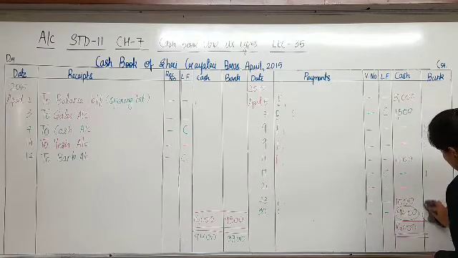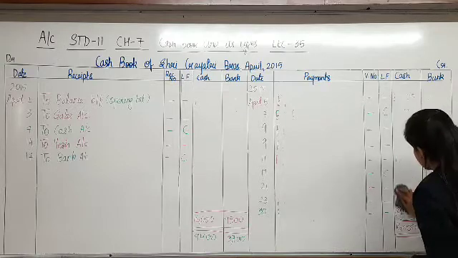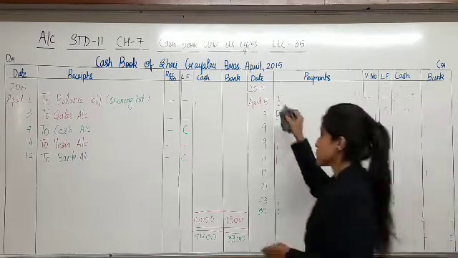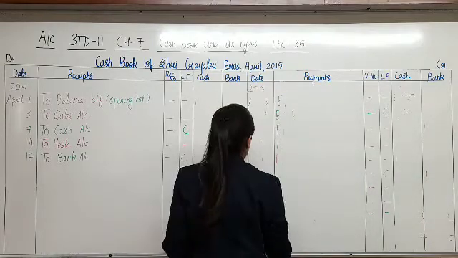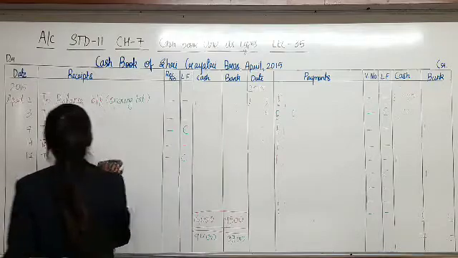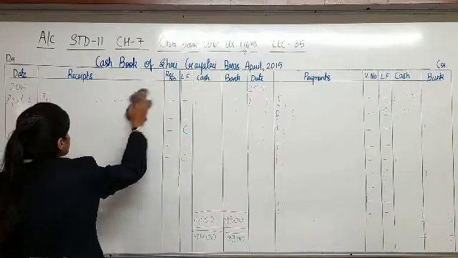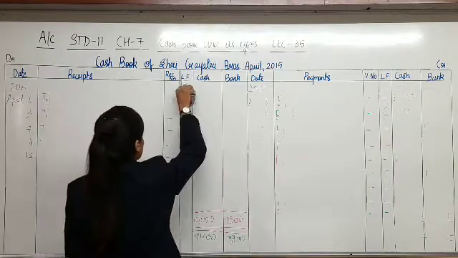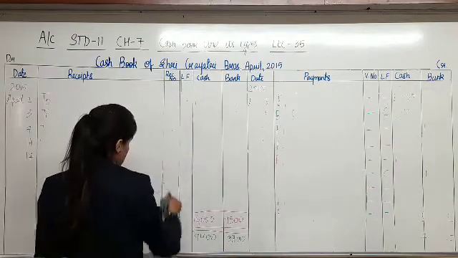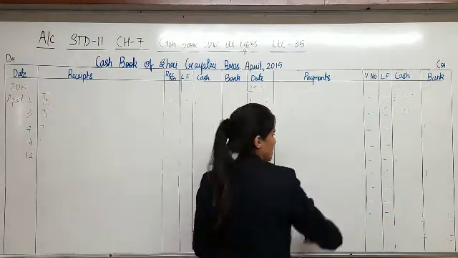Let me just clean this quickly so that we can start with the sum from exercise. And the sum that we will be doing in the next lecture will be again of 2 columnar, maybe with the column of discount and bank, or bank with bank, we can say. The chapter is quite interesting. And yes, the new thing that we have learned today is about contra transactions, if I am not wrong. Yeah? Rest of the things were same.